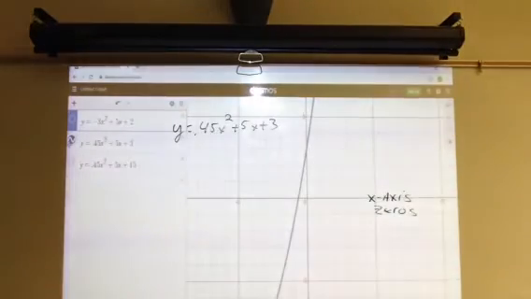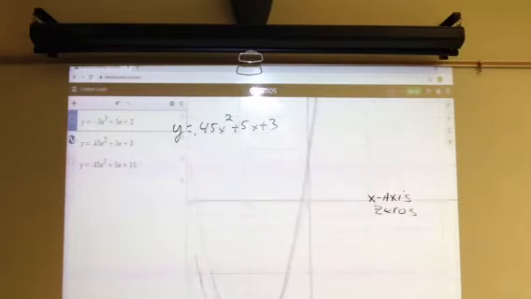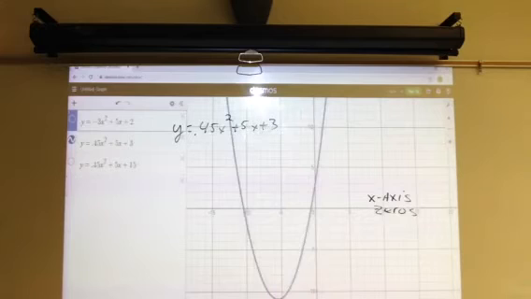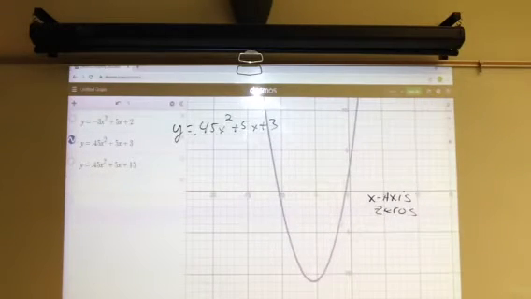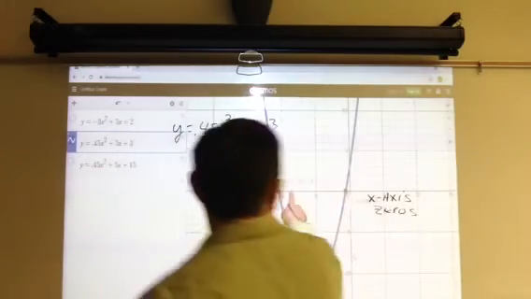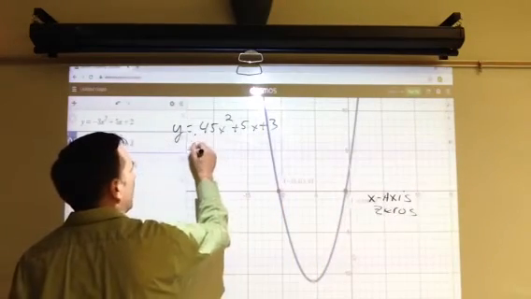We can adjust the screen. There's tabs over on the right to make it bigger or smaller. And I can see more and more of my graph, or I can just shift it over in various places so I see it. Now, in order to find where our zeros are, I can click on the point right where it's crossing my x-axis. And it gives me the solutions. So my zeros for this function are negative 10.475